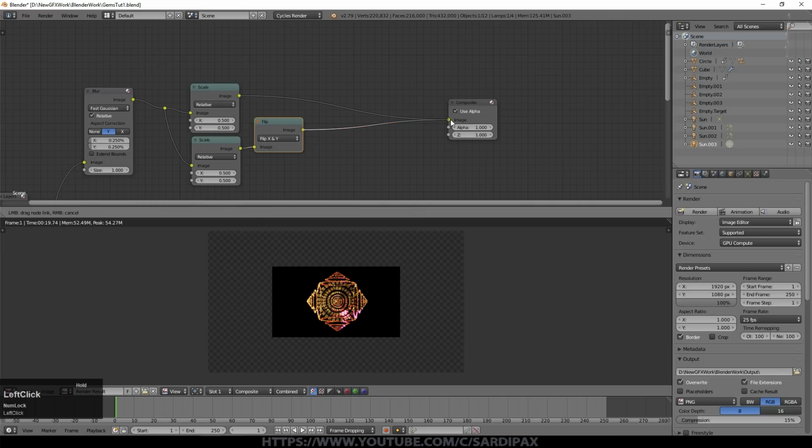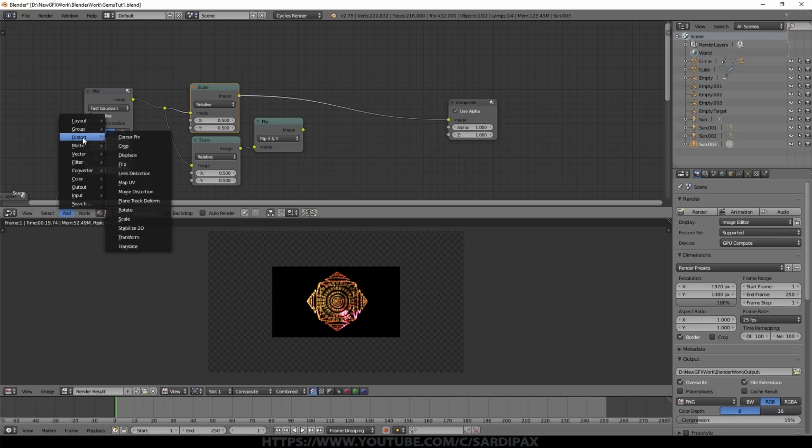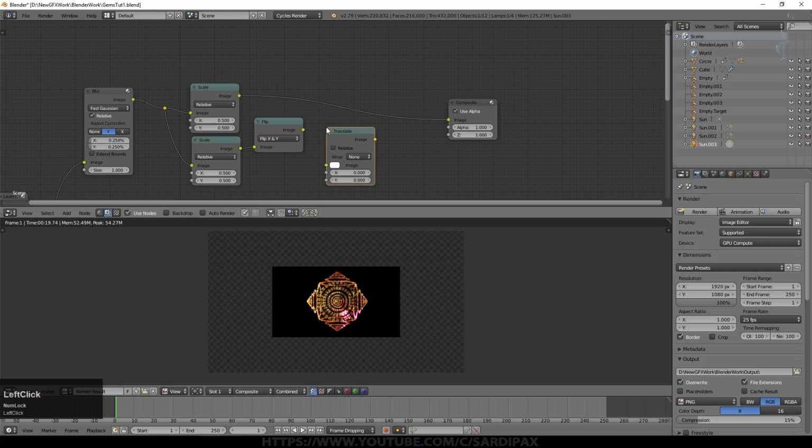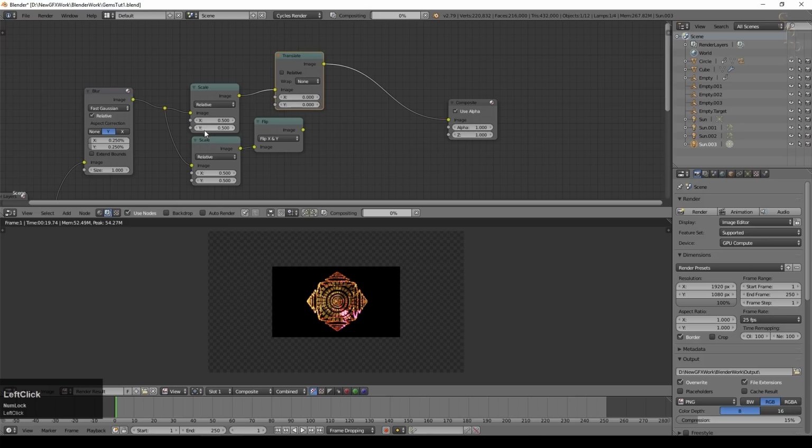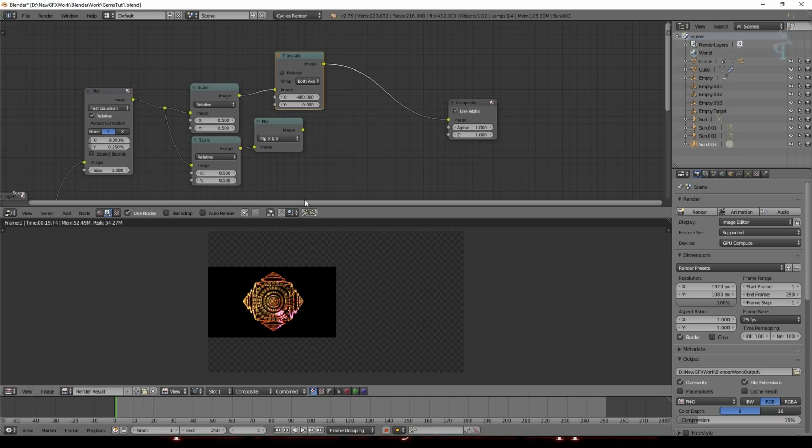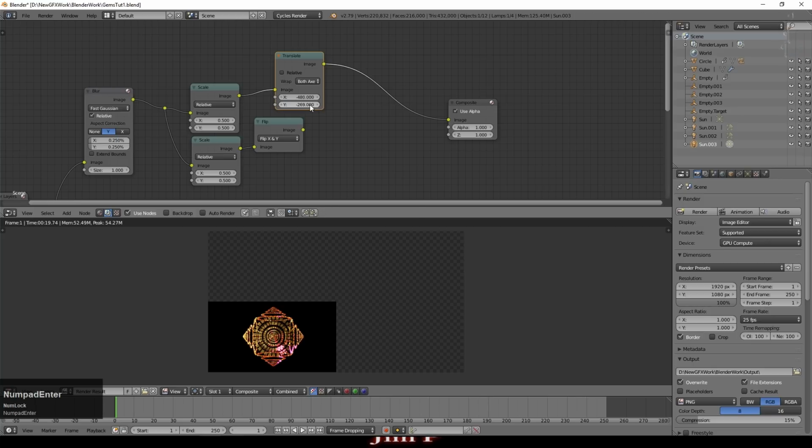Now if I take that to the output, you can maybe just about see, if you look where that pink bit is, it just literally flips the whole image over, both on the X and the Y. So I'm now going to add a translate node. Translate is just a fancy word for move. I'm going to put that there for the moment. I'm going to say both axes, and I'm going to say minus 480 for X. You can see that just moved it over to the left, and minus 269 for the Y, and that pushed it down to the bottom. So it's now in the bottom left corner.